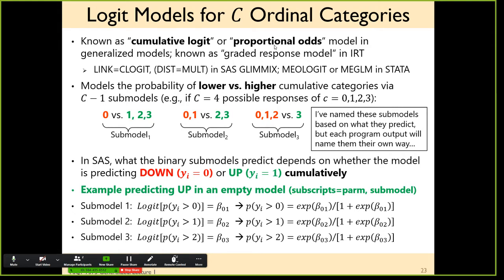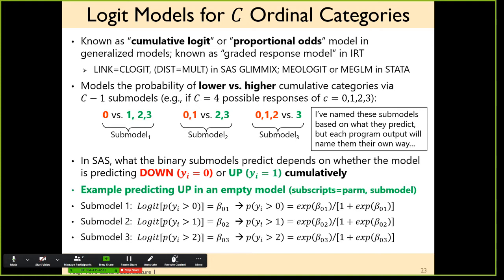This is known as proportional odds modeling. That is the name of a model that is actually another bad name because that's an assumption of the model, but you can change the model if you don't like that assumption or if it's violated. IRT people, what's this called? You can read it from the slide. This is the graded response model. So when you hear about that,